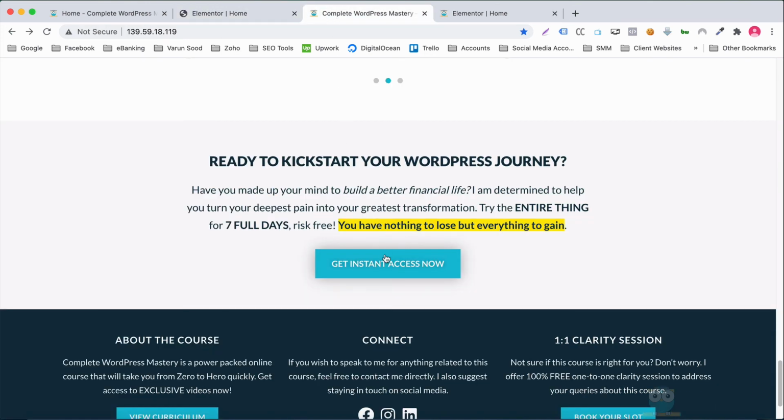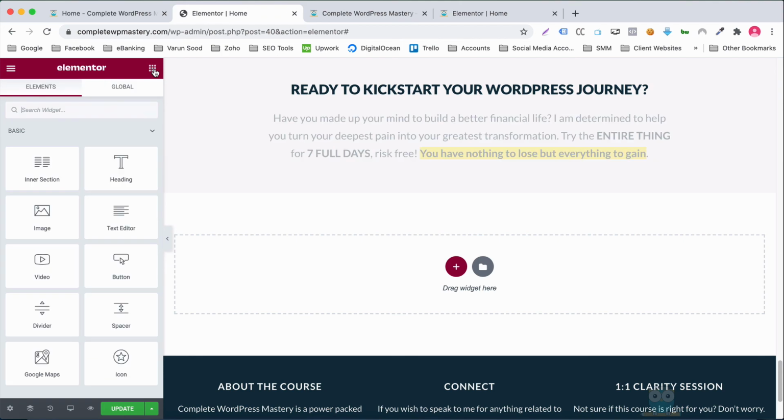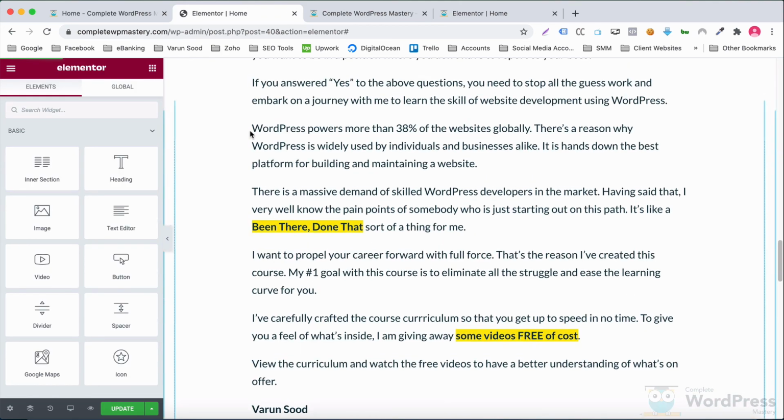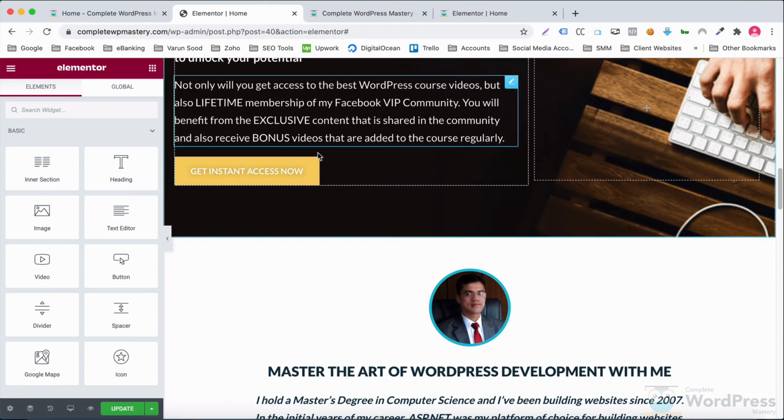Let's come to this button now. It has a hover animation and a nice shadow around it. Let's create that button now. Actually, instead of manually creating this button from scratch, let's copy this button and modify it.